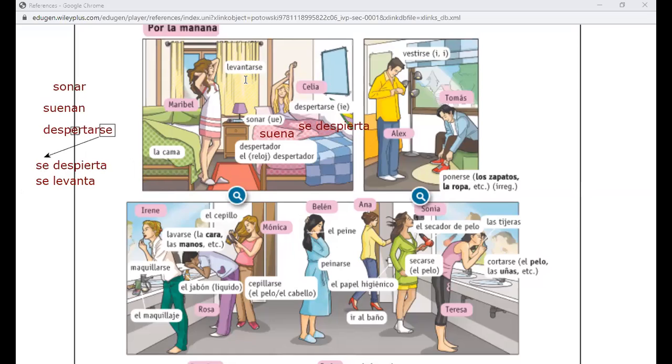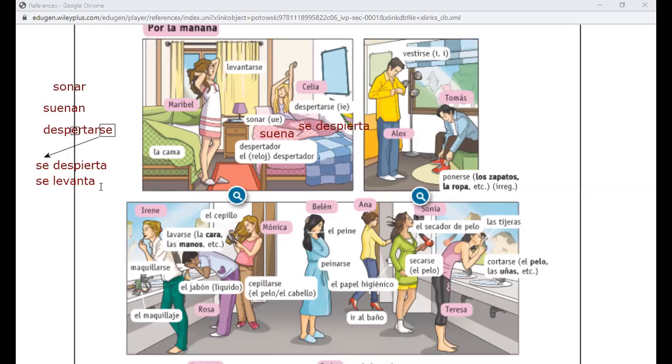I mean, if we had dropped the AR, like one of the videos was saying, you could conjugate it and still leave the SE on it. What I'm trying to tell you is that you have to conjugate it. When you're saying in the simple present that somebody gets up, you have to conjugate it, and this is how you do it. Sí, that's how you're going to do it. So, entonces, Celia se despierta, Maribel se levanta. ¿Sí?